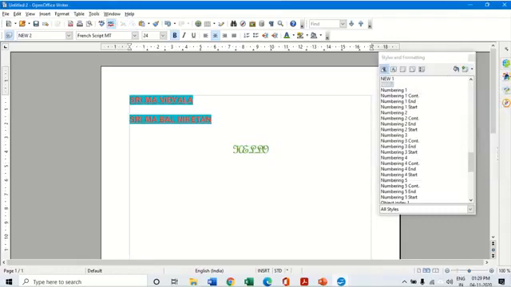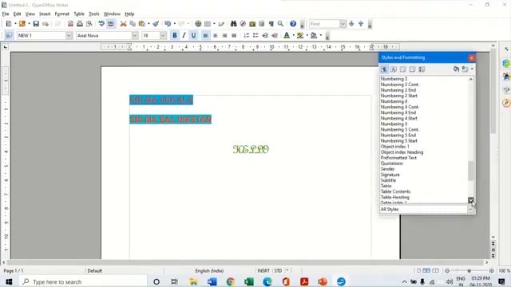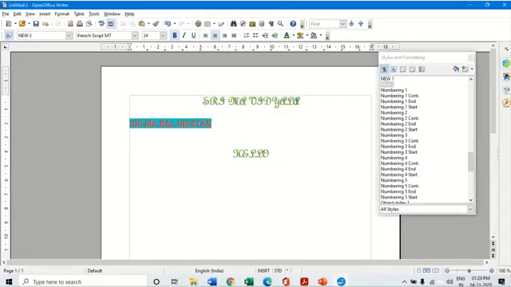Now suppose I want to change this and give that new style to this one. I can come down here, and in my new style, I can click on new double, and the same style gets applied to this particular text. So this way, along with the existing styles and all the formatting options available over here, I can create my own new style.